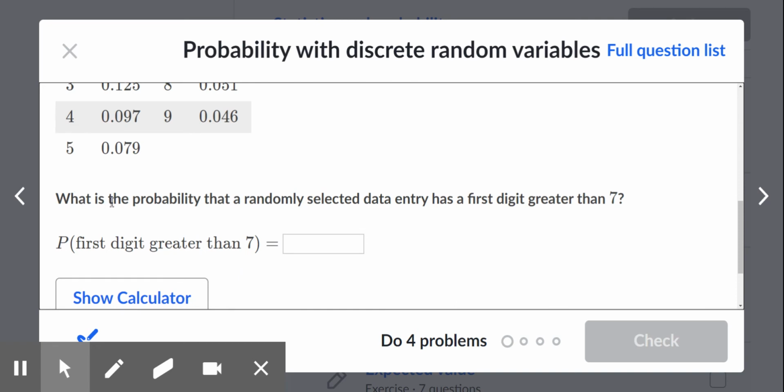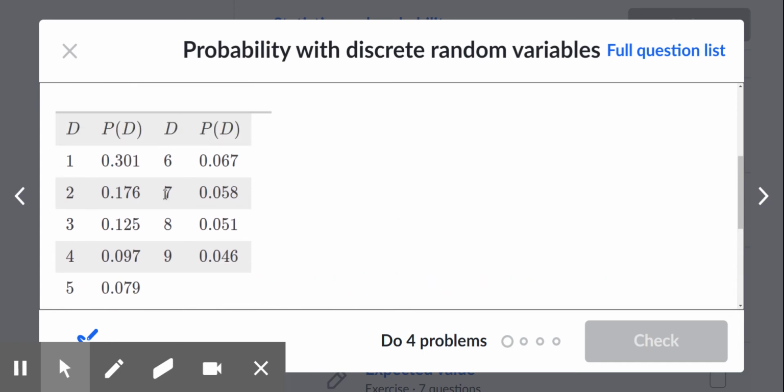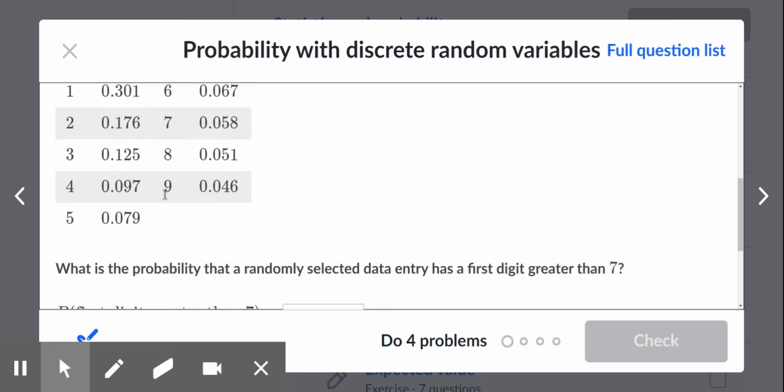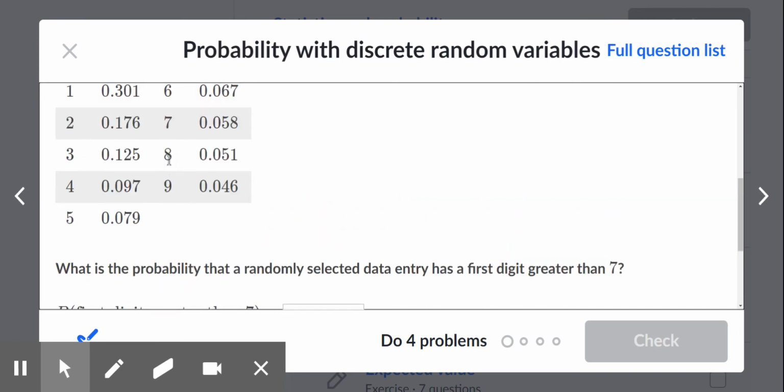They ask what is the probability that a randomly selected data entry has a first digit greater than 7. So let me ask you, if it's greater than 7, does it include 7? And the answer is no, right? When it says greater than 7, 7 is not included. So all you have to look at is the digit 8 and the digit 9, and you add those two together. So 0.051 plus